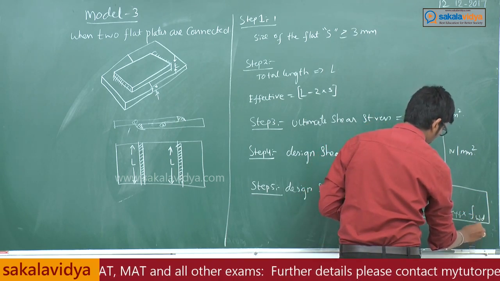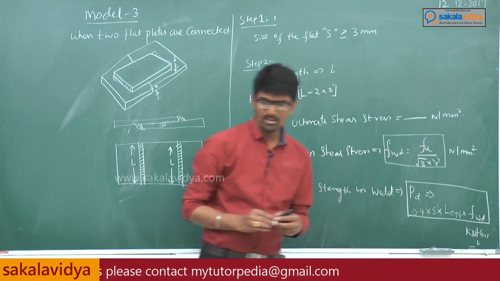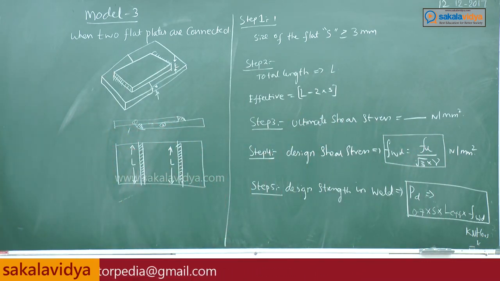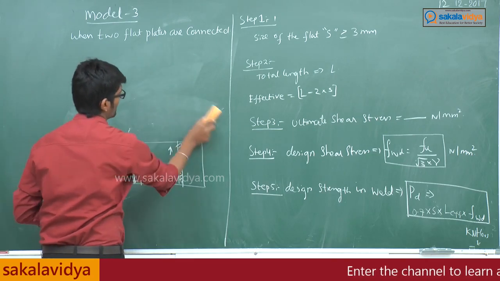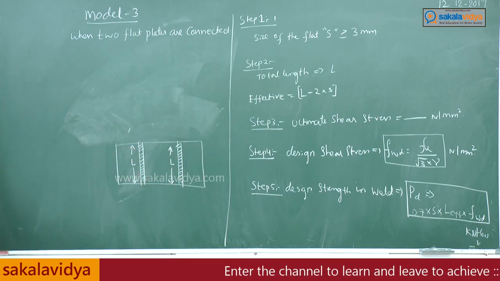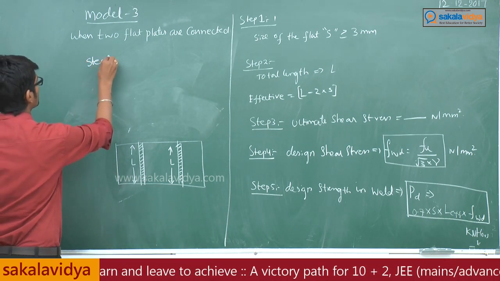Units are kilonewtons or newtons. The last step in this particular case, we need to find the design tensile stress of the flat. So, the last step, that is step 6,